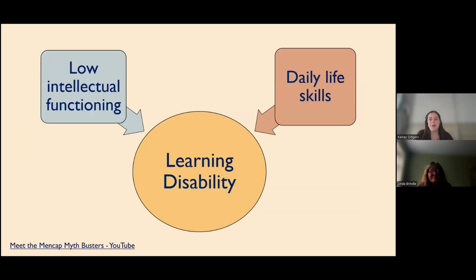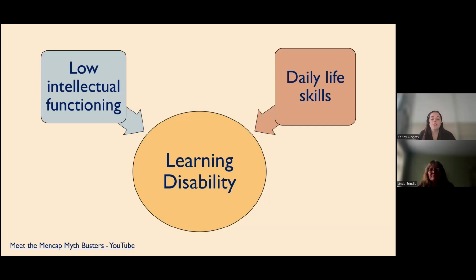Perfect. So hopefully you're able to stick with us. I appreciate we've already given a lot of information and there's a bit more still to come. So we're going to be now talking about a diagnosis of learning disability, sometimes called intellectual disability. And learning disability is different from a specific learning disorder, such as dyslexia, which I'm going to come to a little bit later on. But in a nutshell, a child with a learning disability finds it more difficult to learn, understand, and do things compared to other children of the same age.